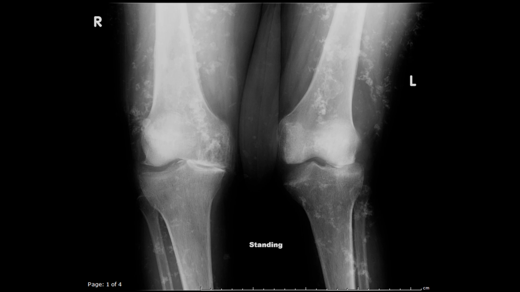So just to compare to the other case we saw earlier, this is a patient with dermatomyositis but chronic, and we see all this calcification throughout the soft tissues of bilateral thighs and proximal legs. They don't have really any classic configuration, but this is a patient with dermatomyositis, and it's